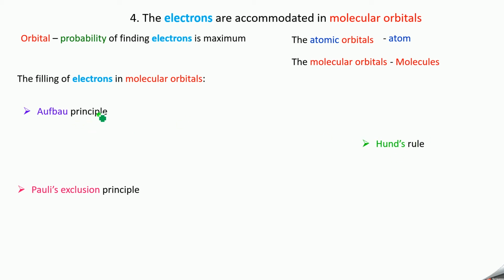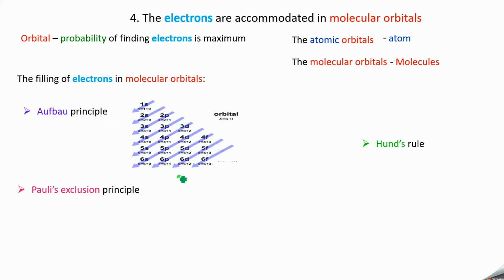So what is Aufbau principle? Aufbau principle you have learnt in atomic structure. That is, the orbital with lower energy is filled first with the electrons, then you go to the orbital with higher energy. The same thing you have to follow in molecular orbitals also. There in atomic orbitals you have learned an Aufbau diagram, which is like this. This diagram is mainly based on the n plus l rule. n is the principal quantum number, l is the azimuthal quantum number. When you add these two, we get a number. If the number is the lowest one, that is taken as the orbital with lower energy.